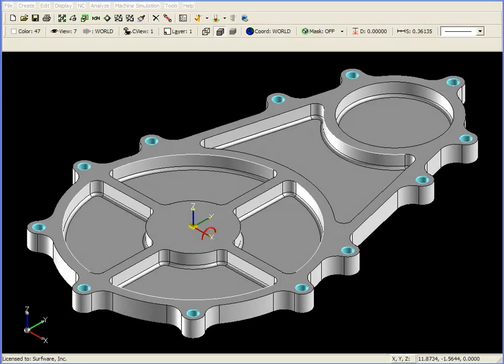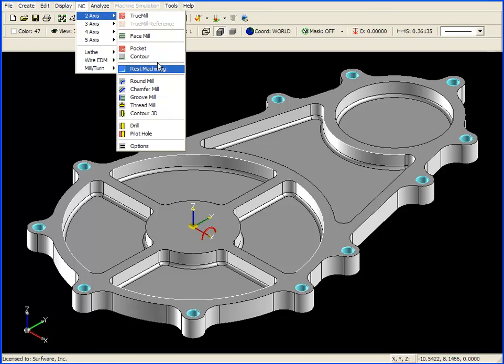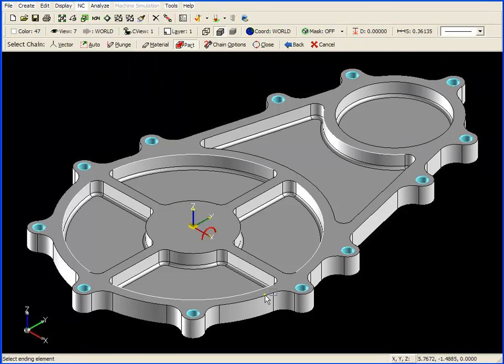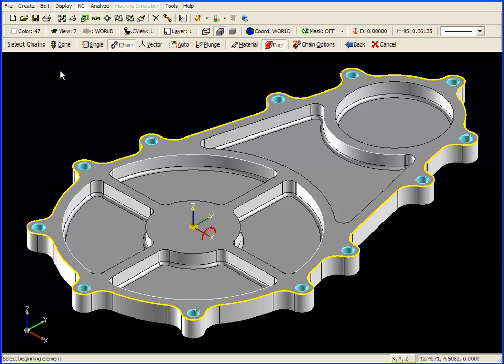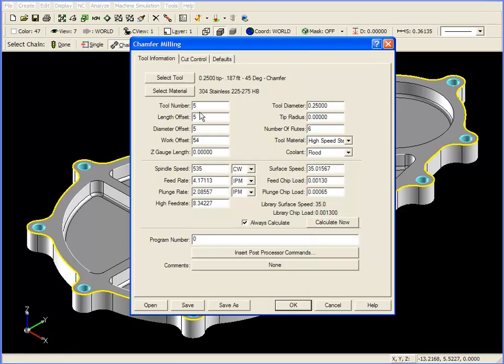In this video we want to talk about chamfer milling and corner radius milling in SURFCAM. In both cases the process is very similar to regular 2-axis contouring. I'm going to move up to NC, down to 2-axis, and down to chamfer mill. We chain the top of the profile that I want to chamfer, and click on Done, and our tool information